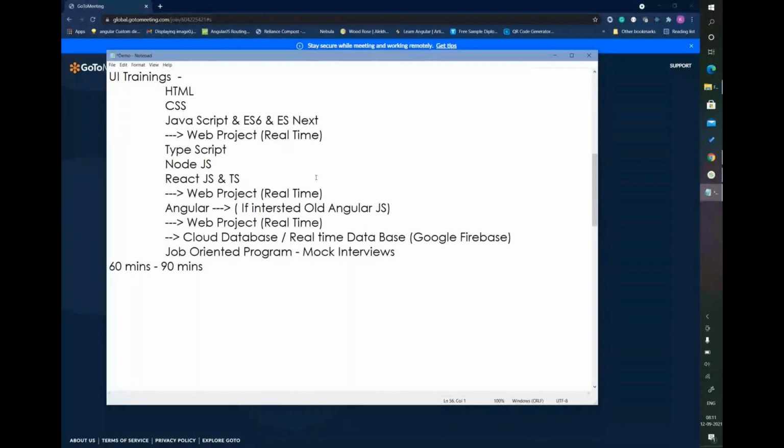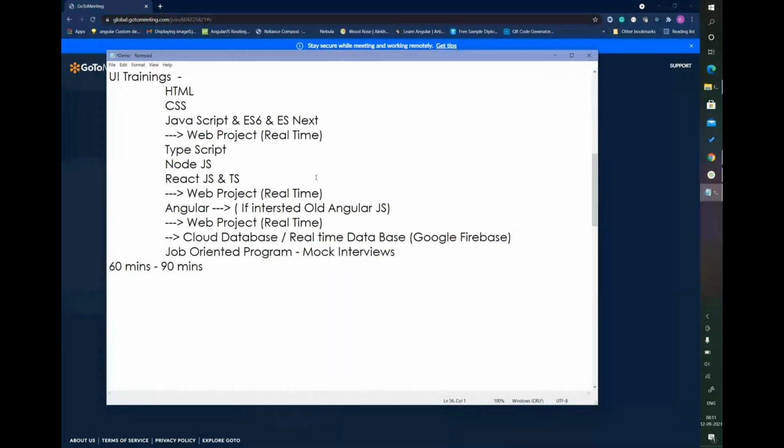In this training, we will cover HTML, CSS, and JavaScript, including ES6 and ESNext, which are the ECMAScript versions. What is ECMAScript and what is JavaScript? I'll give you a detailed explanation, and we will work on it.